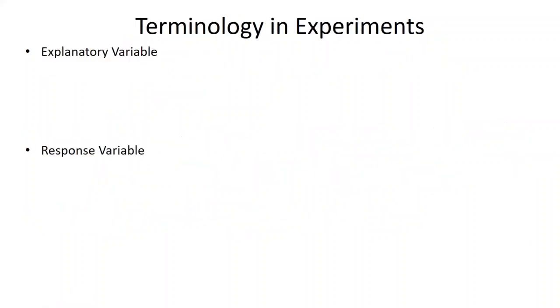As far as experiments go, typically speaking, if you are able to do an experiment, that's a really strong way to gather evidence for the hypothesis that you might have. And in an experiment, there are typically what we call explanatory variables and response variables. I should have had an S there because you could have more than one. So explanatory variables, these are the variables